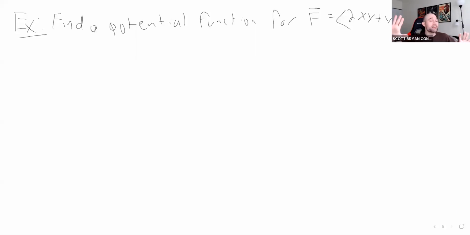Okay, so first of all, I want to emphasize, you're only going to have a potential function if you're conservative. So if you were just given this and told to integrate it, first thing you would do is check, is this conservative, first of all? We're telling you already it's conservative, but let's check it real quick. So let's check the cross partials. We take the second component, x squared plus 3xy squared plus 2y, and when we differentiate with respect to x, we get 2x